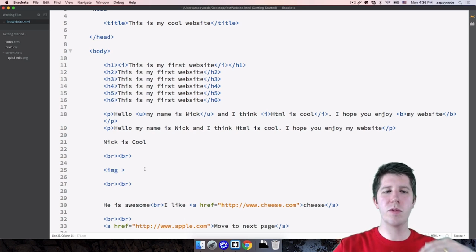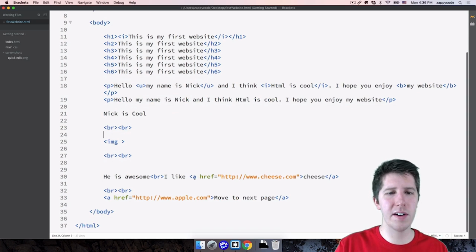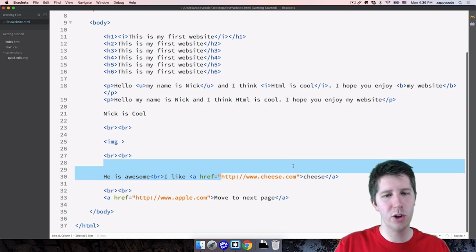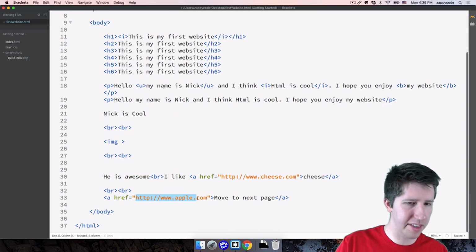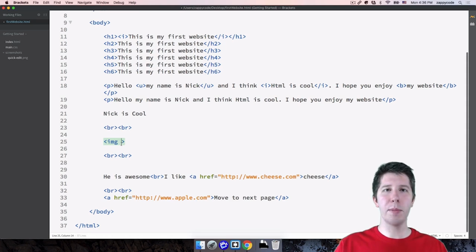So we said that we wanted an image to show up here. What image do we want to show up? Well, just like with an a tag where we specify the href, which says it should go to this website or that one, with an image we can have it point to a picture on our computer. So rather than href, for an image it's called a source. So again, this is an attribute. It's something you add to a tag.